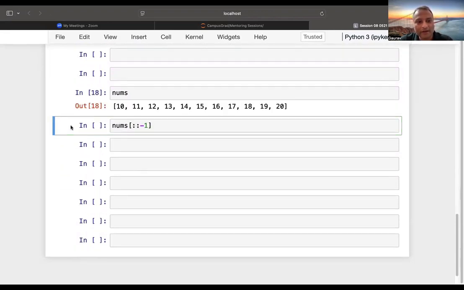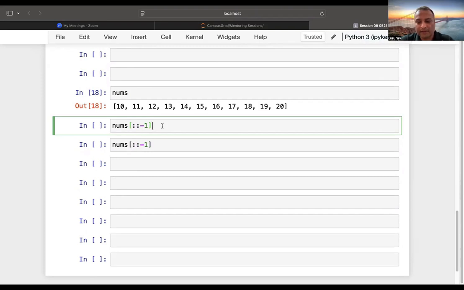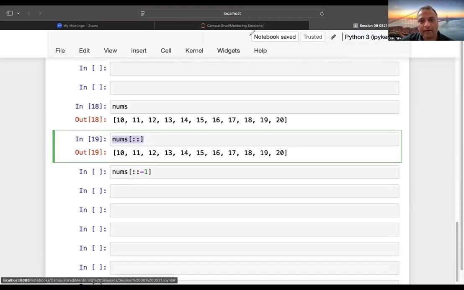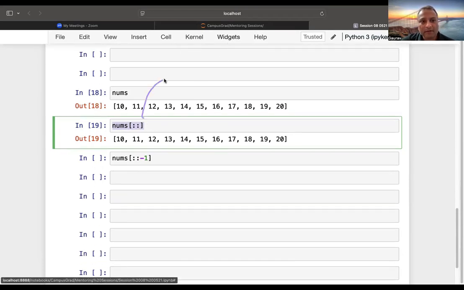You're right. Why? Because by writing something like this, I get the exact same list. So in a way, I'm saying my start is the beginning of the list, my end is the end of the list, and my step is +1. So I keep on incrementing, +1, +1, +1, +1, +1. So I get this as the output. Everyone clear with that? When I write a code like this, which is highlighted already, I'm saying my start is